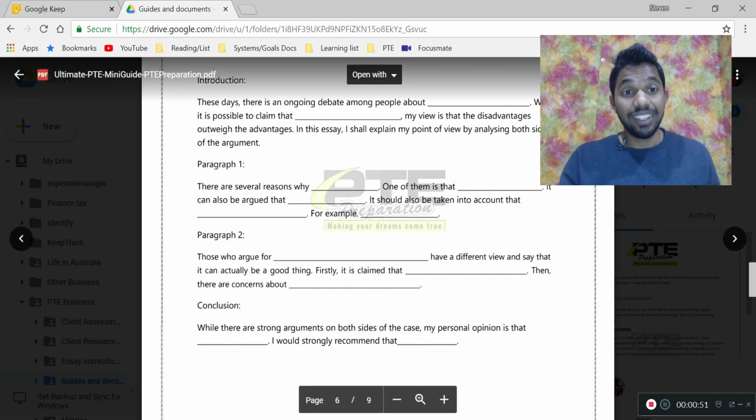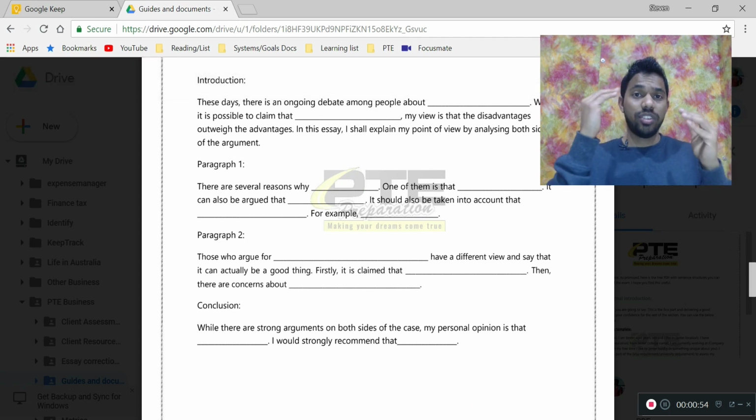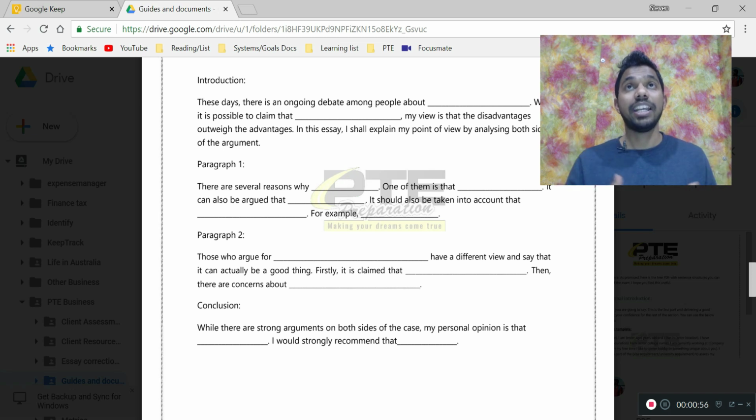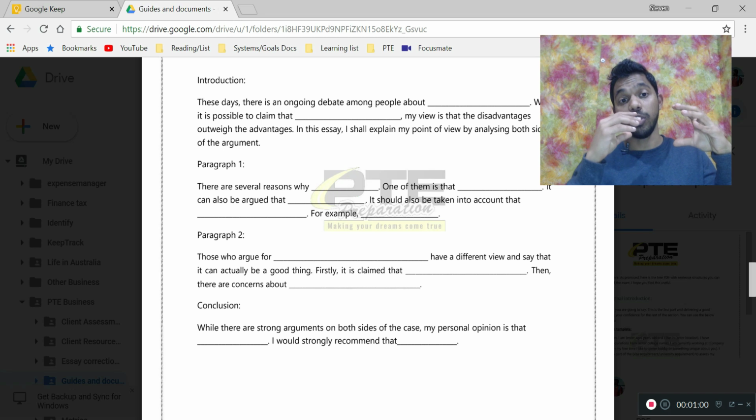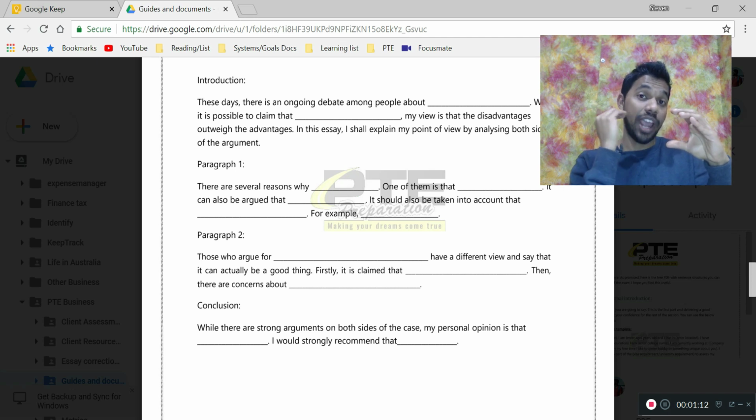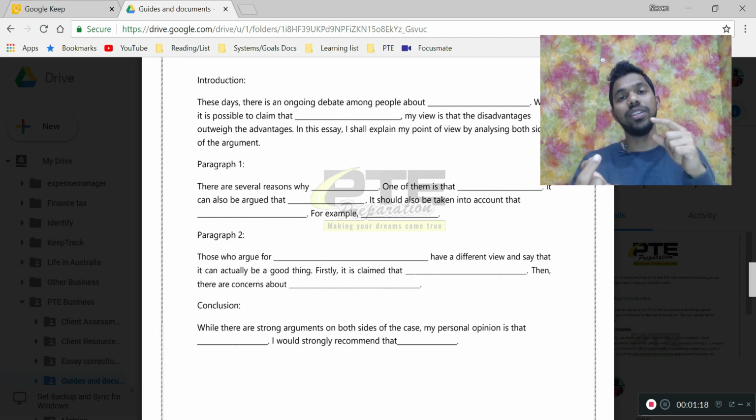Okay, so the first thing is, when you start any essay, you want to structure it properly, and what the PTE Academic usually looks for is how well you introduce the topic, how well you talk about your main idea, and within those paragraphs where you're talking about your main idea or your supporting ideas, how well you are linking sentences within those paragraphs. So your sentences in your essay should have a logical flow from one sentence to the other, and more often than not, they should be somewhat connected with each other.